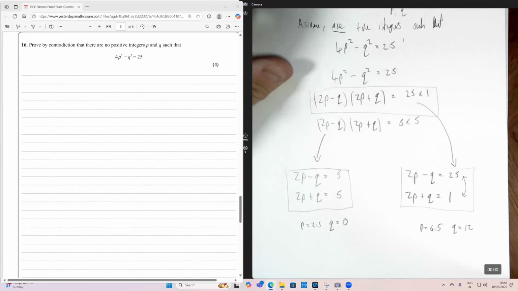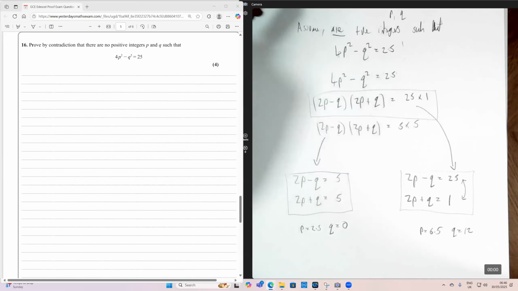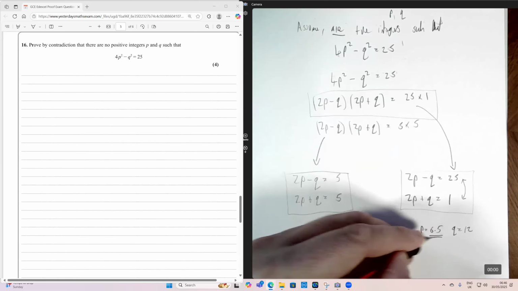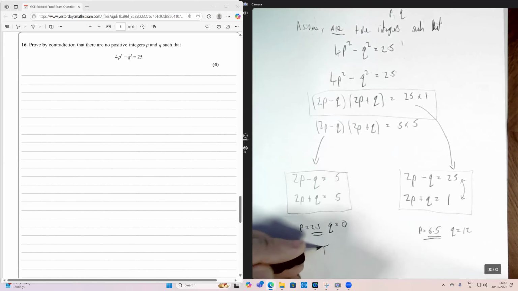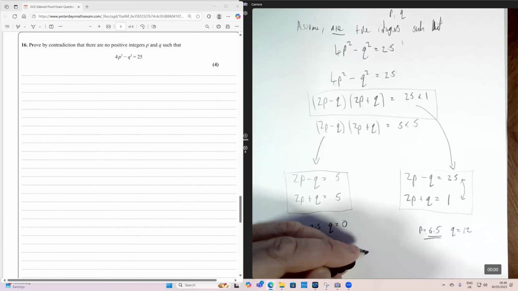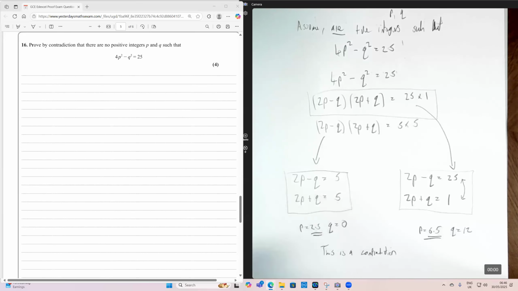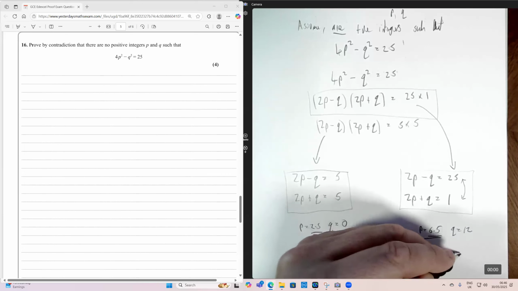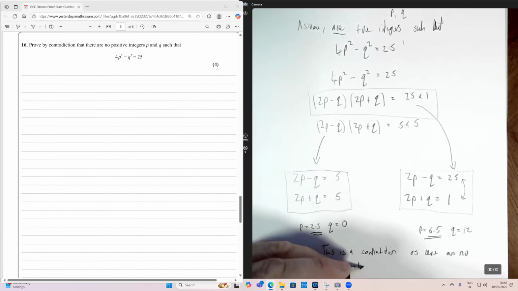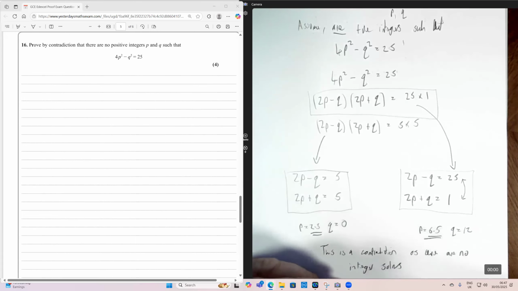Now, this contradicts our original assumption, because our original assumption was that there are positive integers p and q such that 4p² minus q² is 25. But we found that the solutions to the only possible combinations give us, in fact, decimals in both cases. So that contradicts our original assumption. So we're going to put that this is a contradiction, as there are no integer solutions. So therefore, we can conclude that there are no positive integers